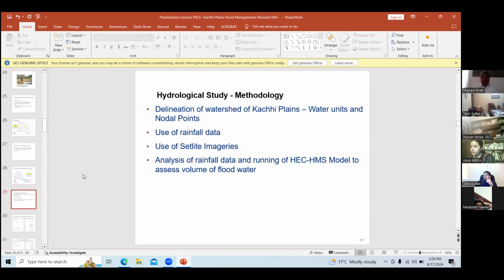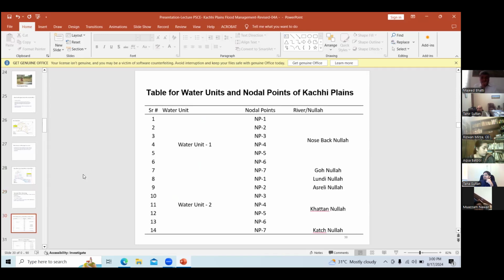So, hydrological study methodology, I have already explained nodal points. You can see on this slide, I have skipped this one. This is the table for the water units. Actually, these were called water units. Can you see in the first water unit, there are more than 7 nodal points.